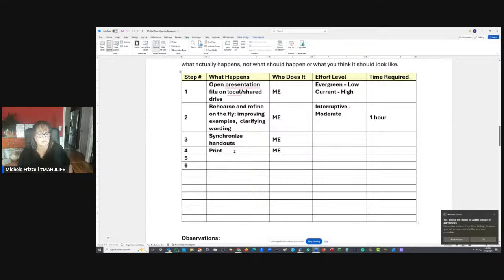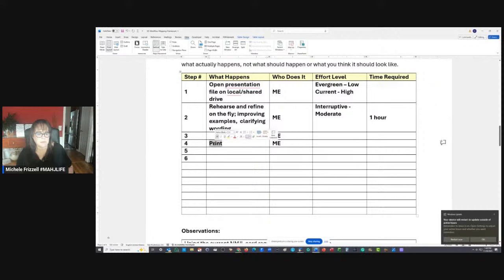Okay. And do you have stock? Like, do you print 50 copies and then just reprint when they get down to like 12? Or do you print on demand? You print and staple.